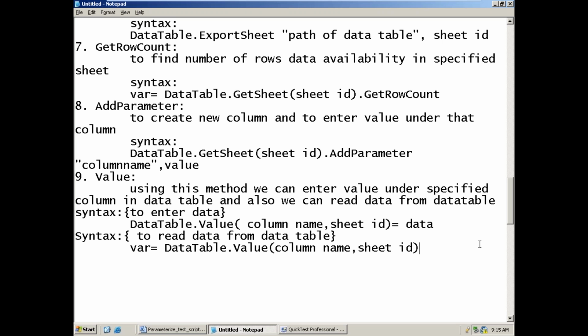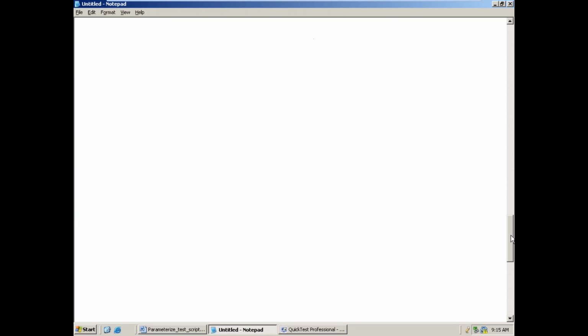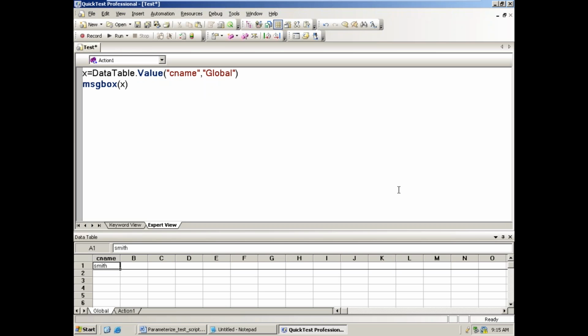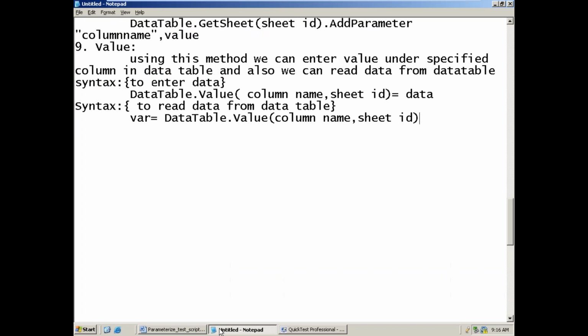Column name, sheet ID. Column name, sheet ID. Like this. The next one,